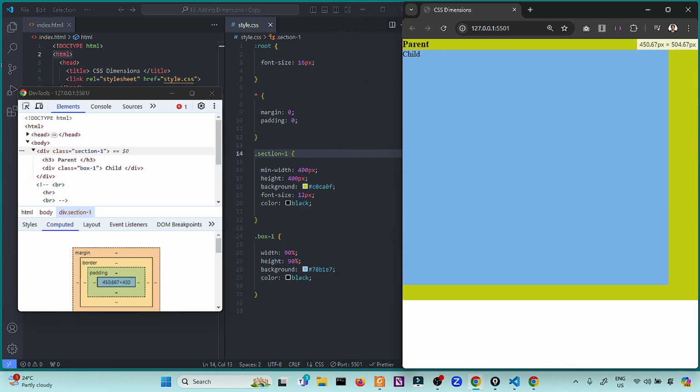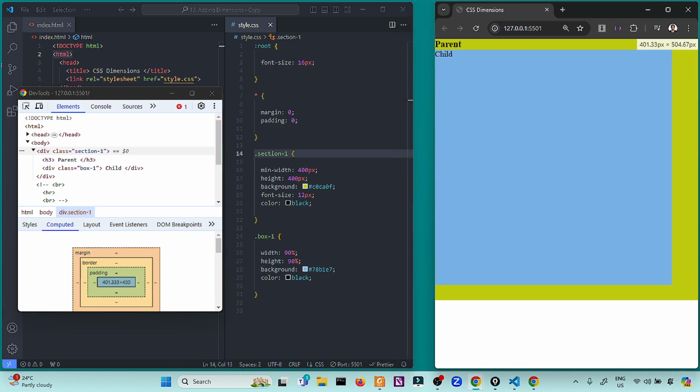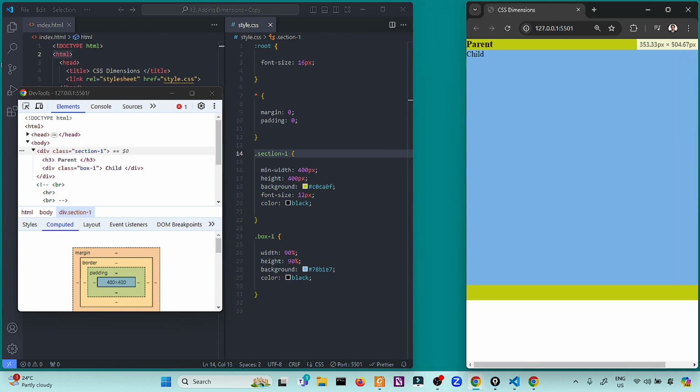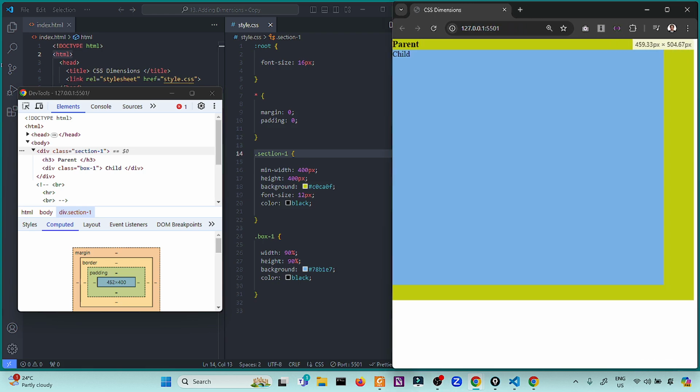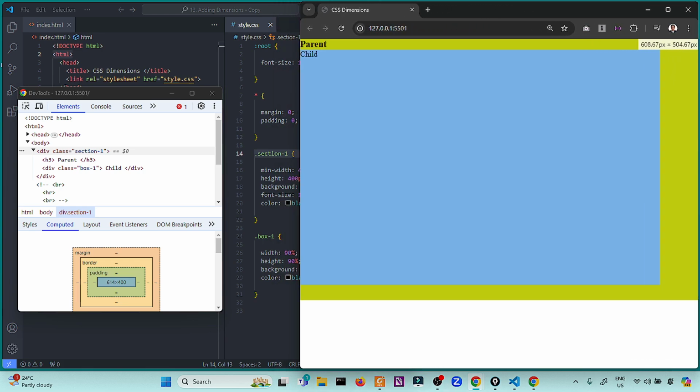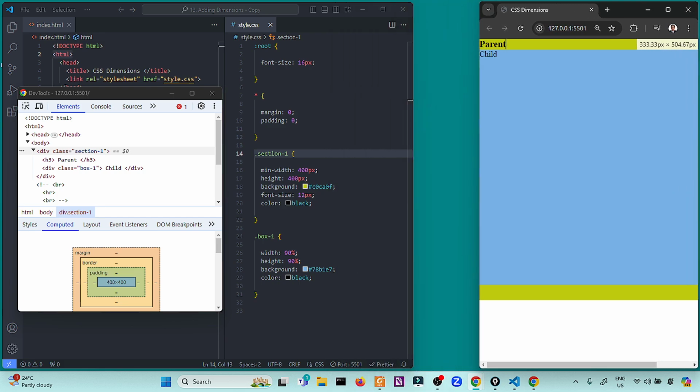If I change this and make it smaller, as you can see, we have a scroll bar at the bottom. It retains the 400 minimum width. That's why it's called the minimum width. It maintains the minimum width of 400 pixels.